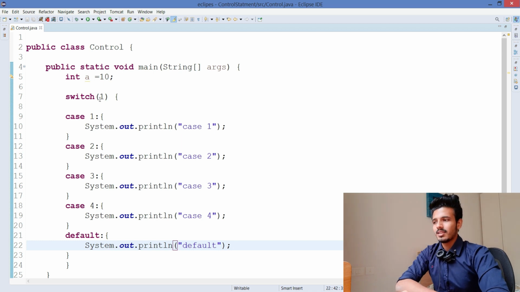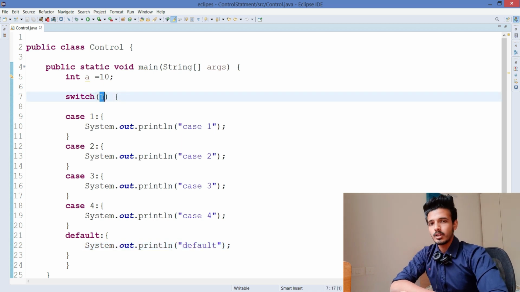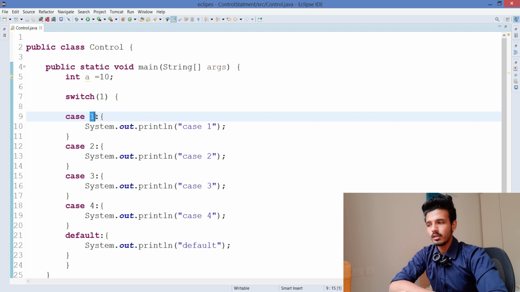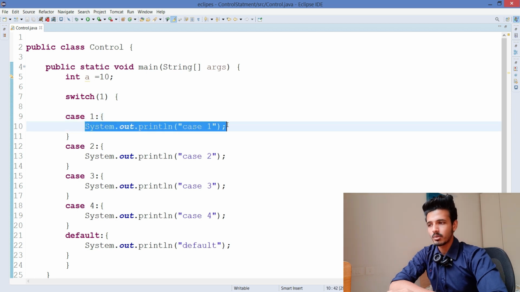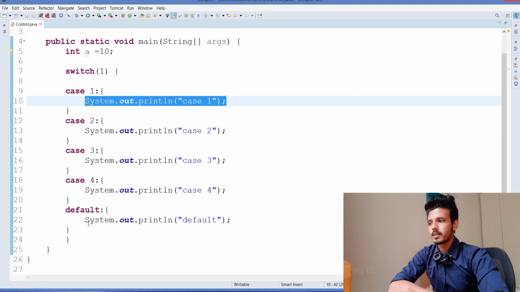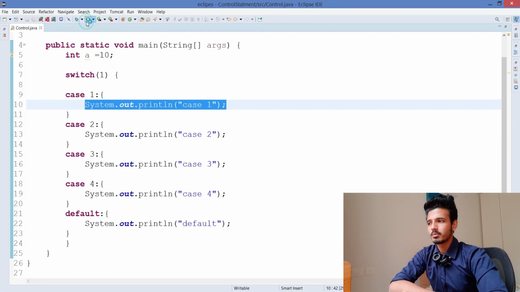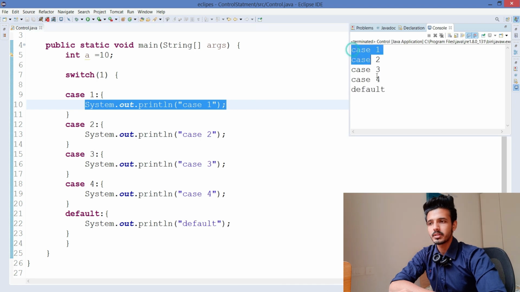So now in the switch you can see I am giving the value as 1. In the switch case, what happens is it will check that okay, it's 1. It will check for the first case. It gets 1, then it will execute case number 1, and then it has to come out of the switch case. But if I execute this particular program, you can see that all the statements are getting printed. Now why is this? Because